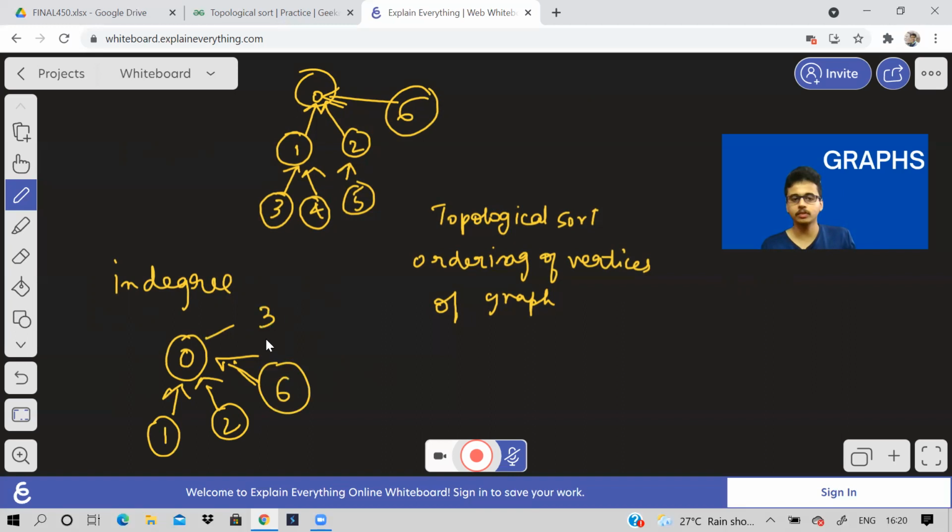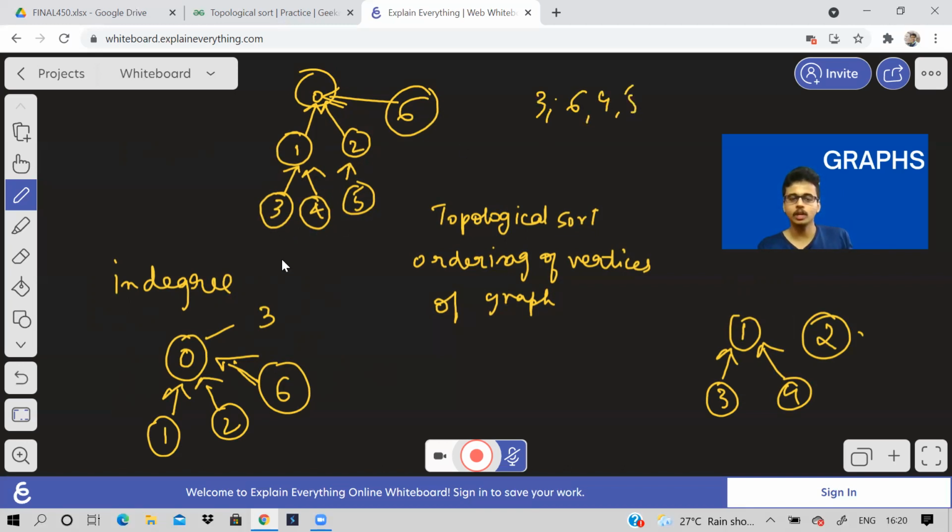So in degree of 0 is 3. Similarly, in degree of 1 will be 2 because there are 2 vertices having an edge towards 1. And for 3, 4, 5, 6, because they are leaf nodes, there is no vertex having an edge towards 3 or 4 or 5 or 6. So in degree of all these nodes will be 0.